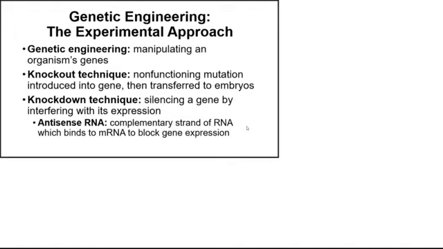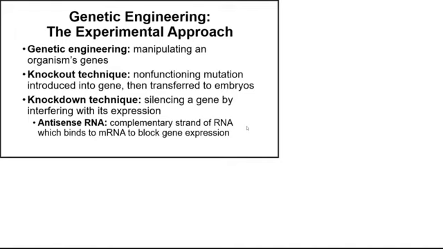But a knockout technique is fully turning off that gene, deactivating it by turning it into something that no longer produces the proteins that would make the thing happen. We can also use a knockdown technique, which is where you can silence the functioning of a gene by interfering